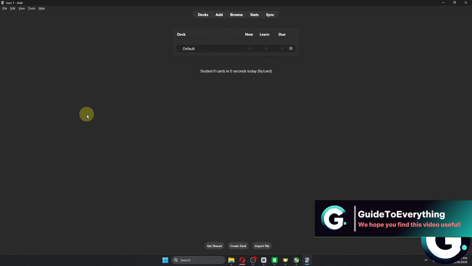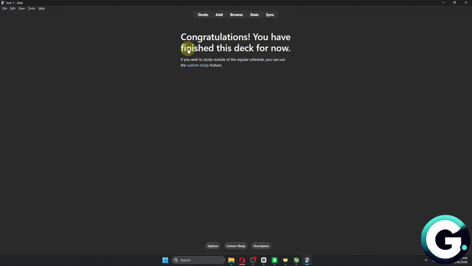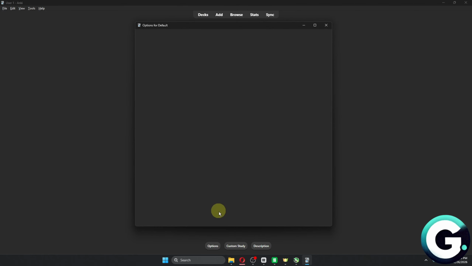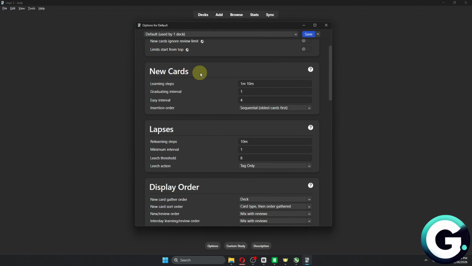Now, first things first, head over to the Anki application, and from here, you then want to click on Deck. Select the deck that you want to edit. In my case, it's going to be this default one, and then you want to navigate through the options on your screen. Inside this page, you just want to scroll down, and basically this is the interval settings for this